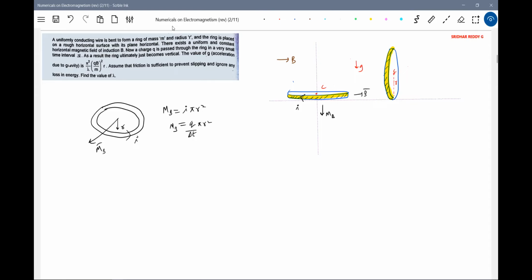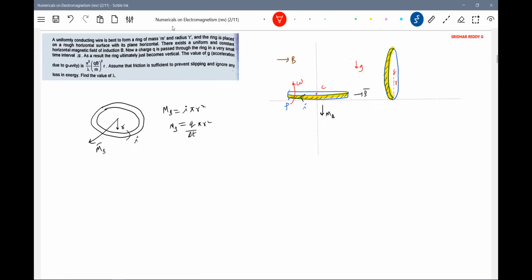For what time will the torque act here? For a very small interval of time the torque will act. So immediately this particular ring will be imparted an angular velocity. Now about what point? As there's friction, it will rotate about this point P. The ring will rotate about point P. So this torque due to the dipole moment will impart an angular velocity like this, omega naught, or say omega.